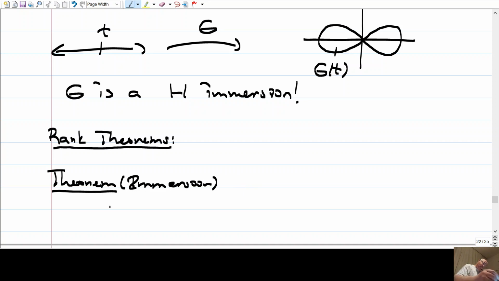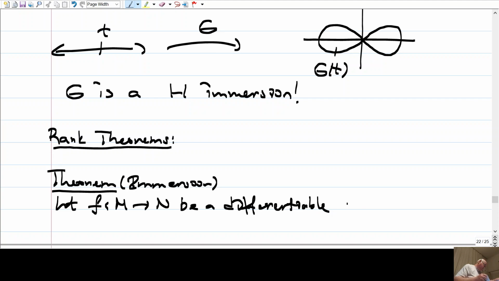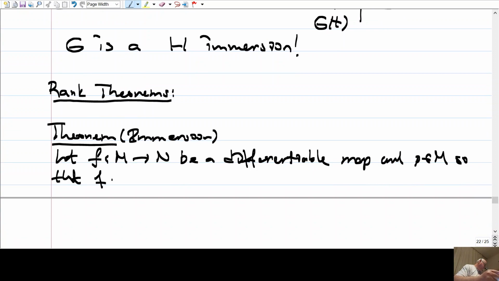Let f be a differentiable map, and P is a point in M, so that if it's an immersion at P,